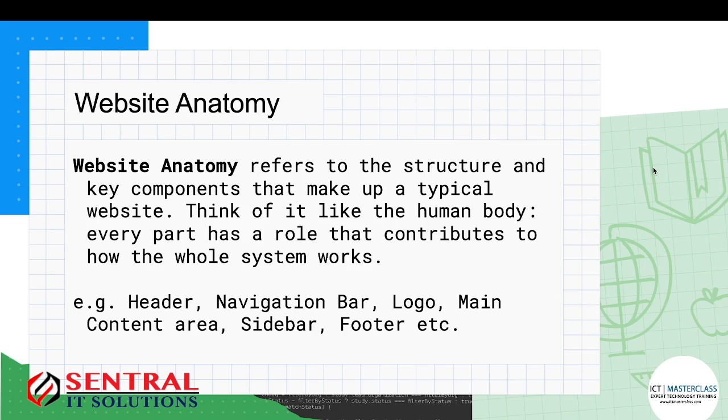So for us to be able to communicate, for me to be able to serve a particular information to whoever is looking for it, I need to put it in a presentable format. Just like if you want to type a letter,